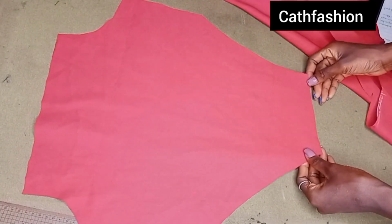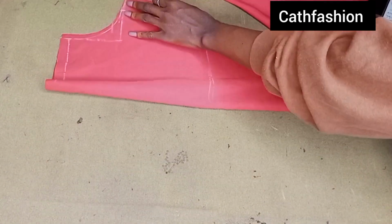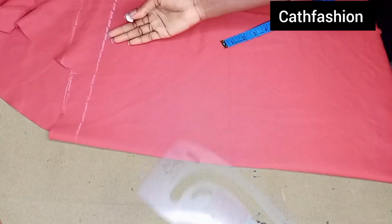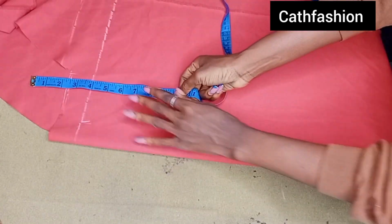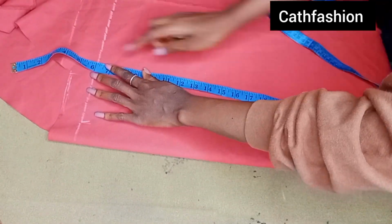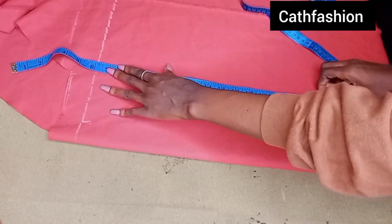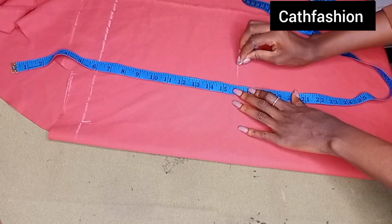I went ahead to open it up, and as you can see, it's already coming out. It's already looking beautiful. So I'm just going to be cutting the back right now. I've gone ahead to mark my start line. It's going to have a zipper behind, so the zipper allowance is going to be 1.5. So I just went ahead to place my tape on 6, and for the back of this dress I'm